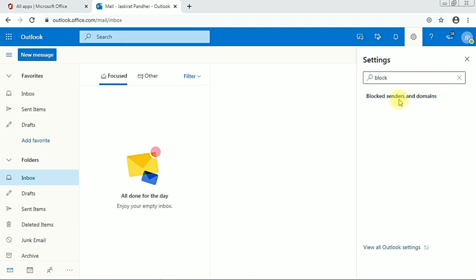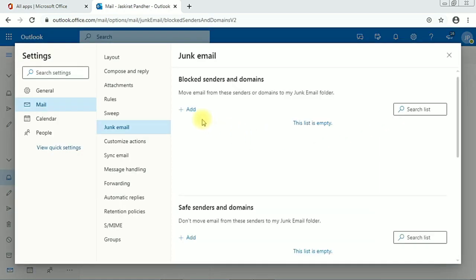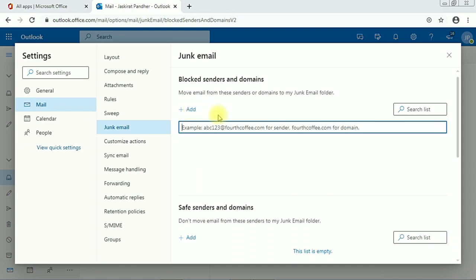All you have to do is type in the name of that sender. You can block senders and domains here, and move email from the sender. You can easily unblock them from this Blocked senders and domains option here. Just click on the Add option and type in the name of the person that you want to block. I'm writing here my ID, like Jimmy